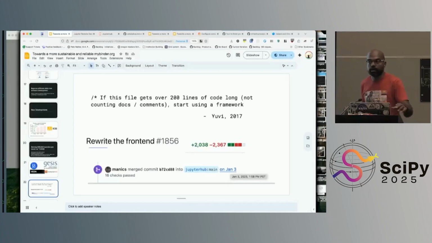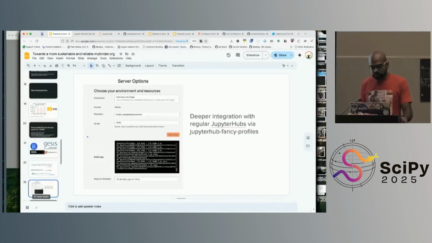So if you're annoyed by how my binder does something, it's so much easier to actually fix it because it's not some arcane thing, but just standard web development stuff, right? And this is done thanks to, again, effort from Jessis, from the NASA Veda project, as well as Development Seed. And we're also working on more deeply integrating this with JupyterHub.